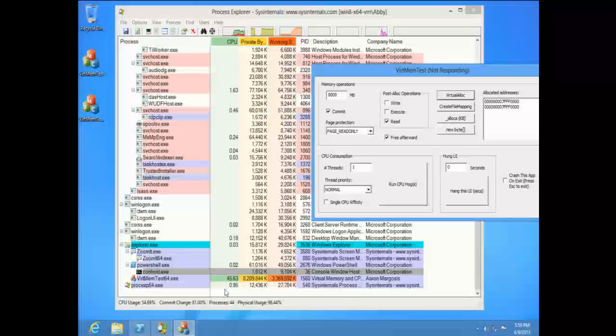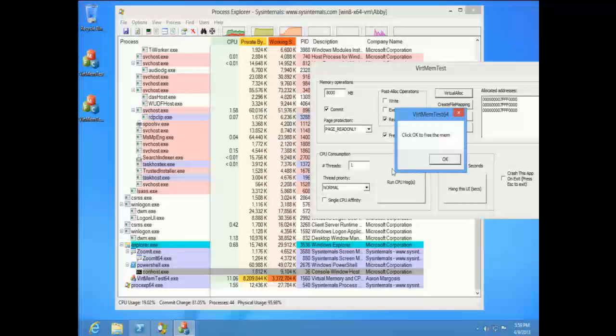Maybe I should have backed off on that. While that's going on, I'll point out that we also have, okay, so it finally completed, the CPU is settled down, the working set is still very high. So the idea here with the heat map is you can very quickly now find what the hotspots are, what's really consuming the CPU without having to interpret the numbers and things like that.